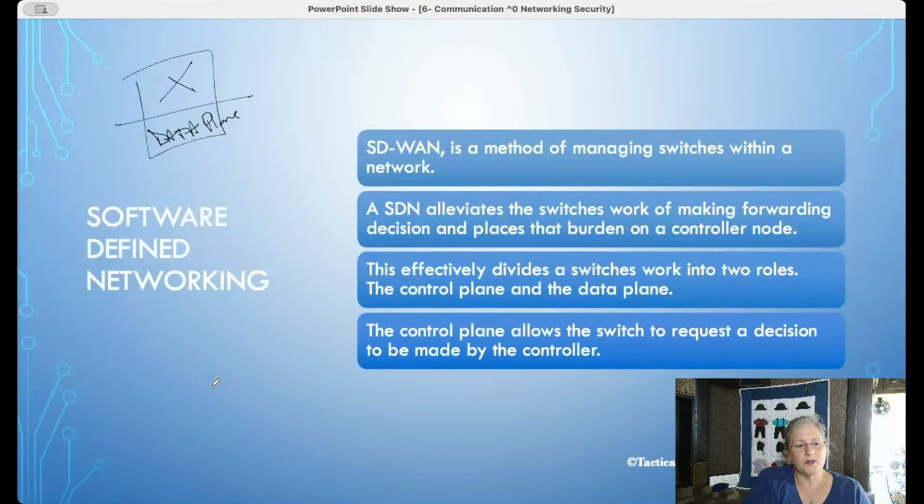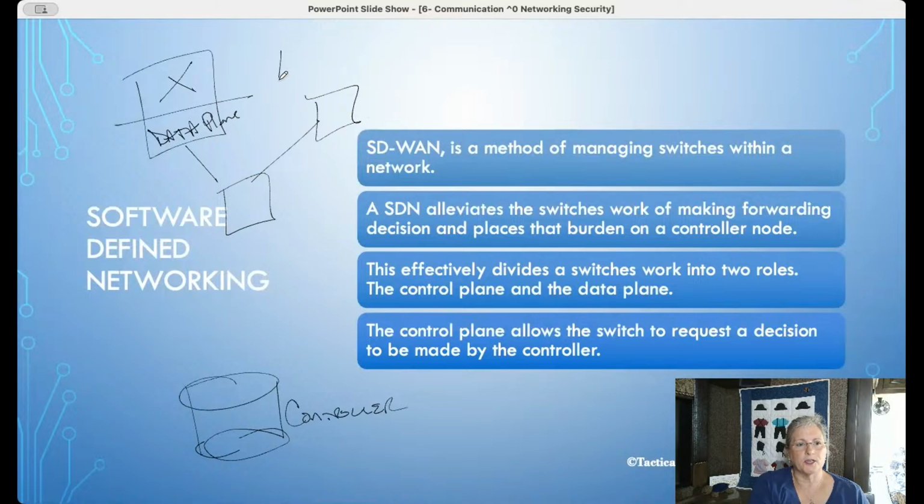What we're going to do is create a controller, which would be a server, not a database. I used the icon for a database, but I can't draw. So a controller, which is just a server, is going to control how the network works. When we have our network of switches in any kind of configuration, with any kind of set of paths, all of these switches are going to forward frames. That's what it's good at.